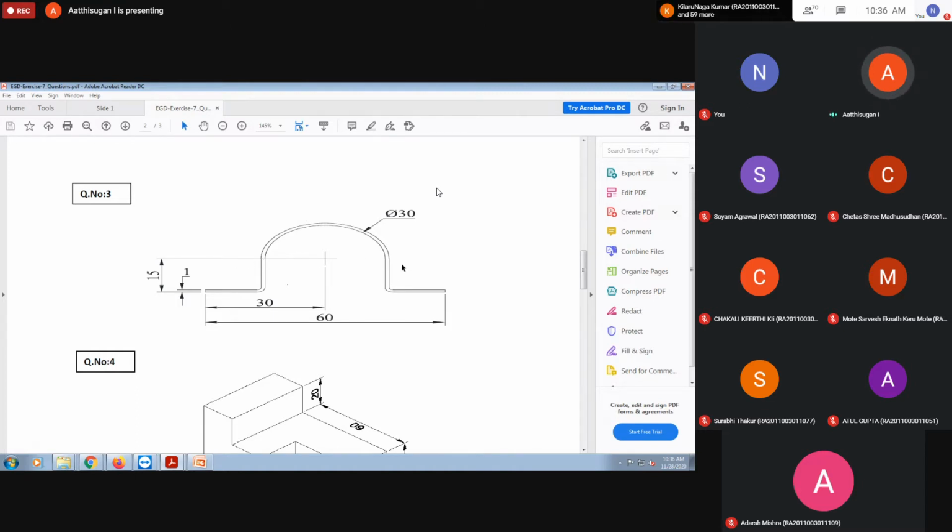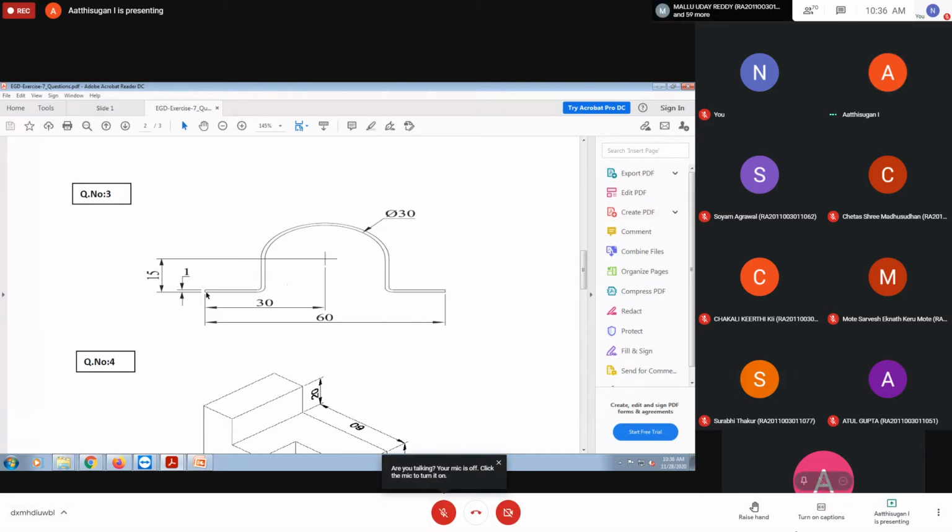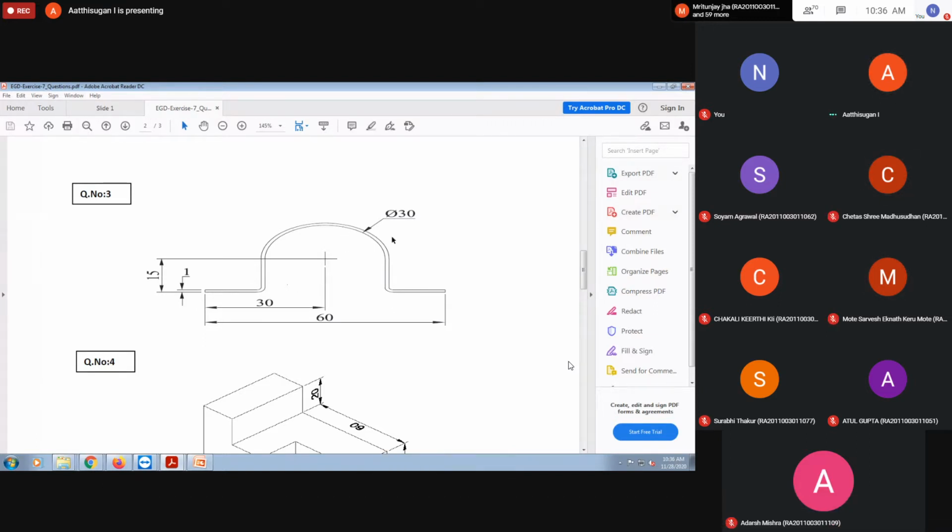You use the trim command. The next thing is to draw the line of height 15 mm. Then draw this profile from here to here. How much is the length here? I'm moving the cursor. How much is the length? 15, correct. Because this diameter is 30, the radius will be 15. This 15 means this totally 30. So here also it will be 15.